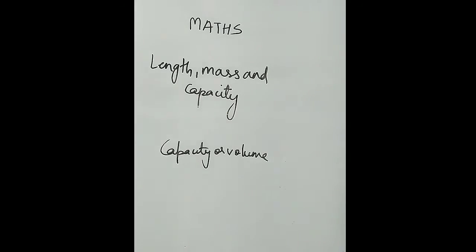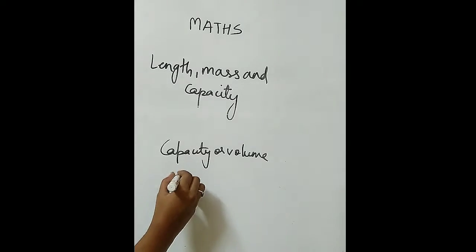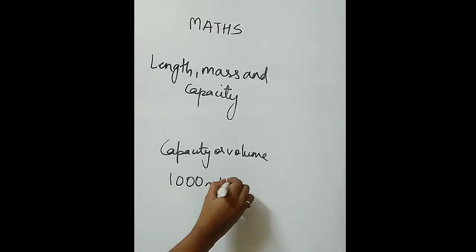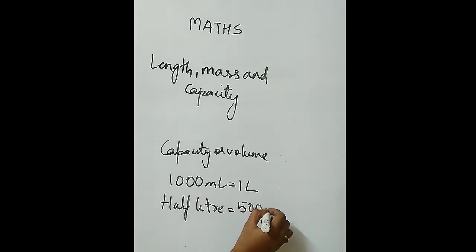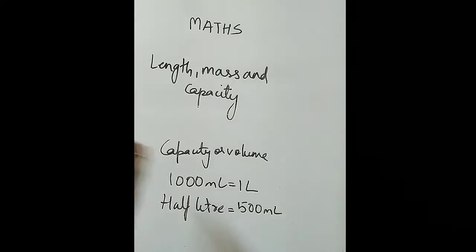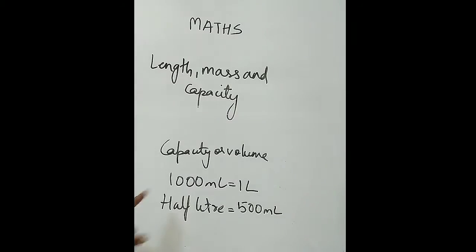Okay. Now only one unit we have, student. That is 1000 ml is equal to 1 liter. Here certain terms you should remember. Half liter, what is this? Most of you will have this in questions. Half a liter means it is 500 ml. Always remember half a liter is 500 ml, student. Always remember 1000 ml is equal to 1 liter. And one more thing, when you write, the unit should be written.